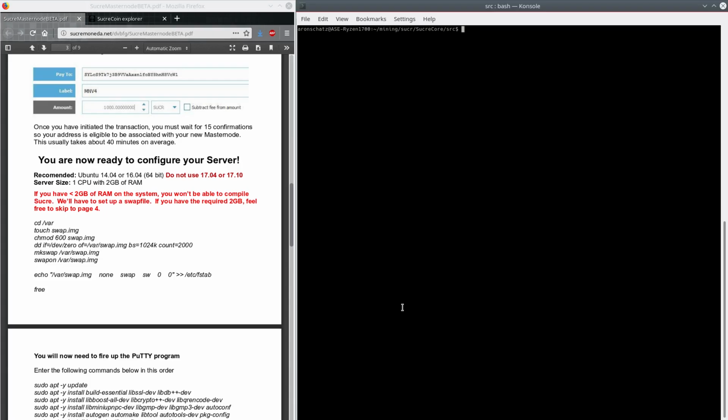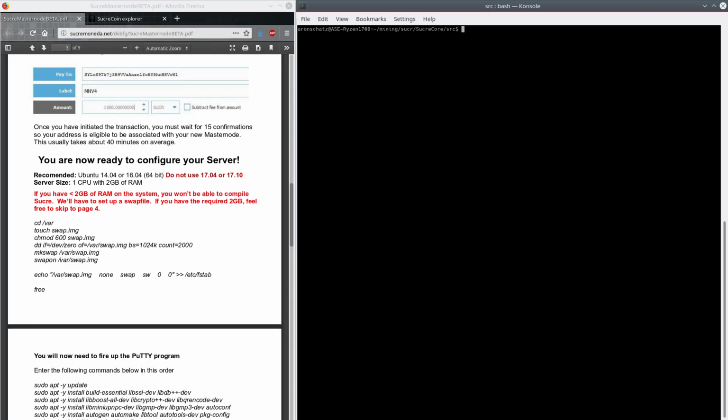Now we're ready to start the server portion of the guide. As I mentioned in the intro, you're going to need an Ubuntu server, 16.04 64-bit long-term support. You can use 14.04. Actually, you can use any version you really want to. Compiling this is not that hard. You may need to downgrade Clang if you're using a newer version, but I built the wallet just fine on